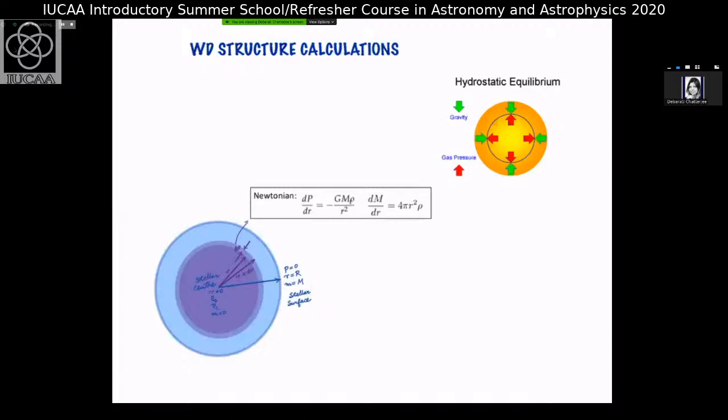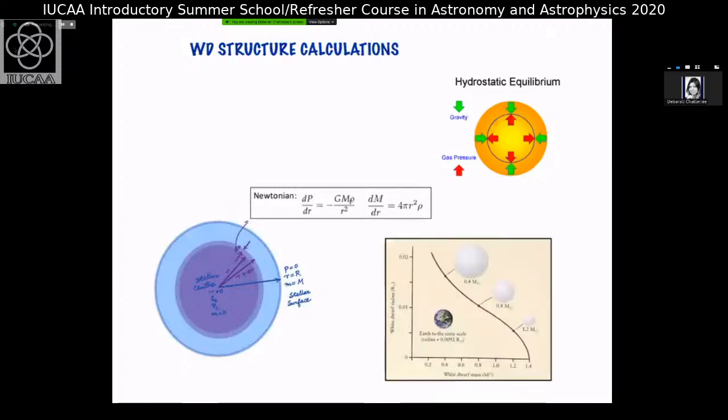So in the figure, you can see that there is a shell in the star of radius segment dr. So if you equate the change in pressure with this change of radial coordinate dr, then you can equate it to the change of gravitational force,